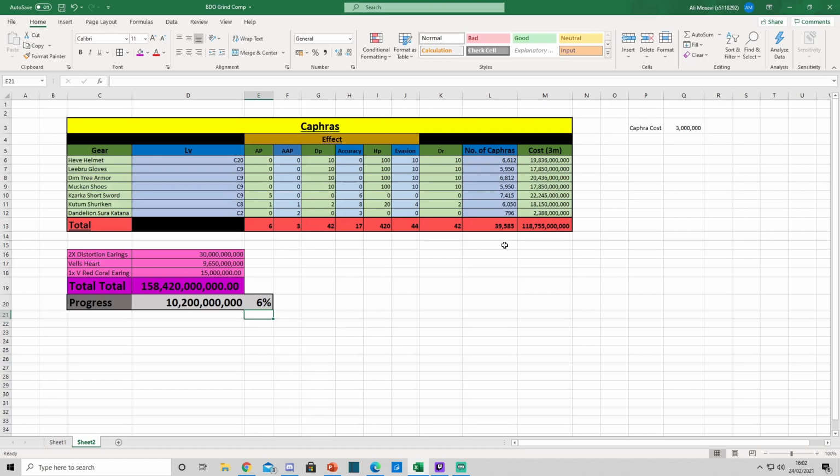So I'm planning for 2021. I'm assuming we're getting Caphras this year. I'm assuming we're getting Vel's Heart this year, and I'm assuming we're getting Star's End this year. So end of this year, I want to have a C20 Heave helmet. I want to have full C9 armors, a C9 Kazaka short sword, a C8 Kutum Shuriken, and a C2 Dandelion. Those are my goals. If you're interested to see the effects, you can see that all in total, if I hit all these goals, I'll get 6 AP, 3 AAP, 42 DP, 17 accuracy, 420 health, 44 evasion,